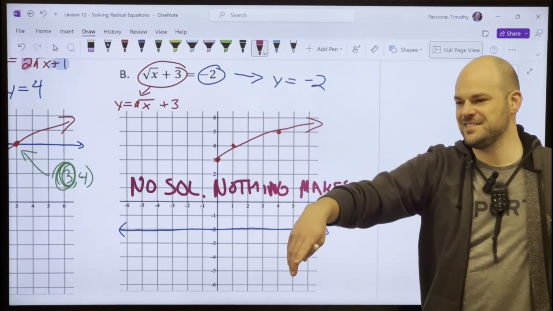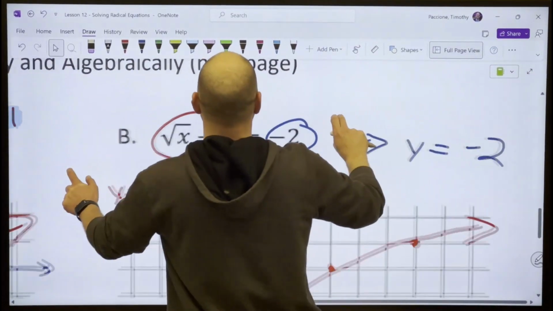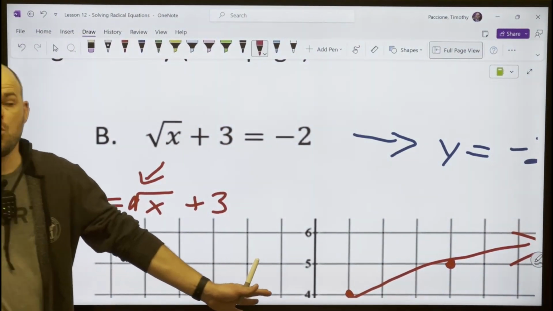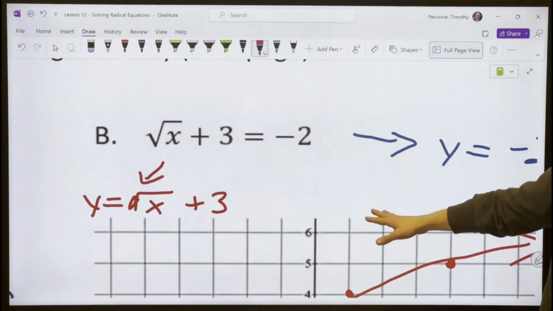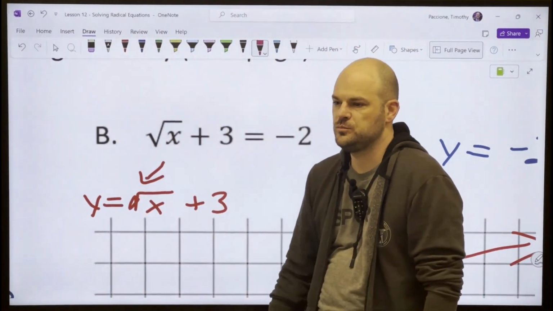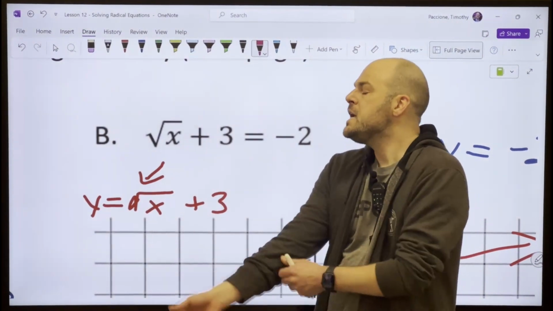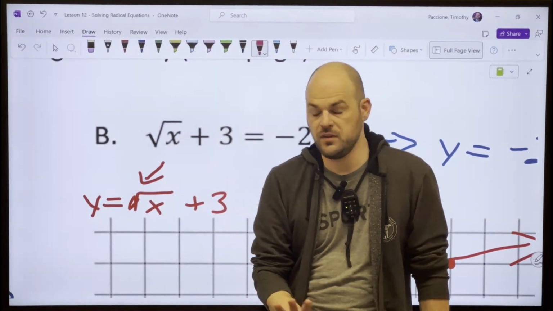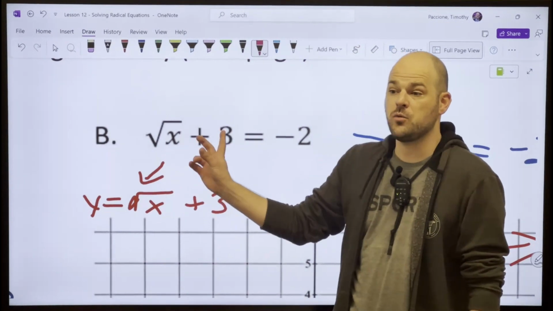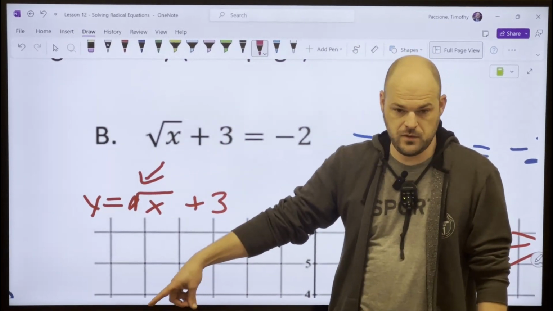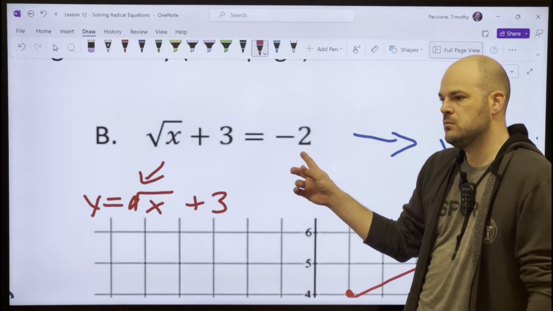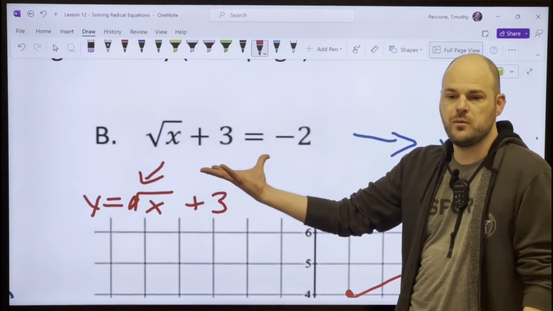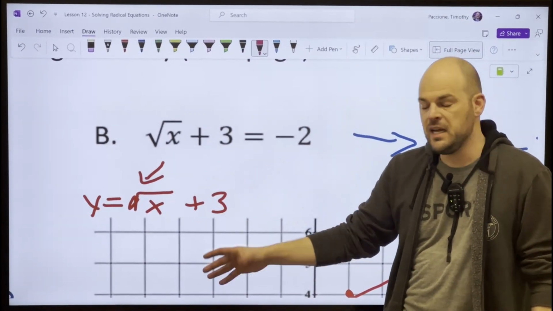Not that high. All right, this is what I want you to do. Look at this equation. Tell me why that could never happen. Pretend you didn't have a graph. Positives can't make a negative. Well, how do you know that's positive? Because it doesn't have a negative. A negative can't be a square root. Because anytime you've ever square rooted in your life, you got a positive. And then we took that positive and we added 3 to it, and we made it even more positive. And then we said, hey, that's probably equal to negative 2. That's not how that works. That's not possible, right? So this was flawed from the beginning and was never going to happen,